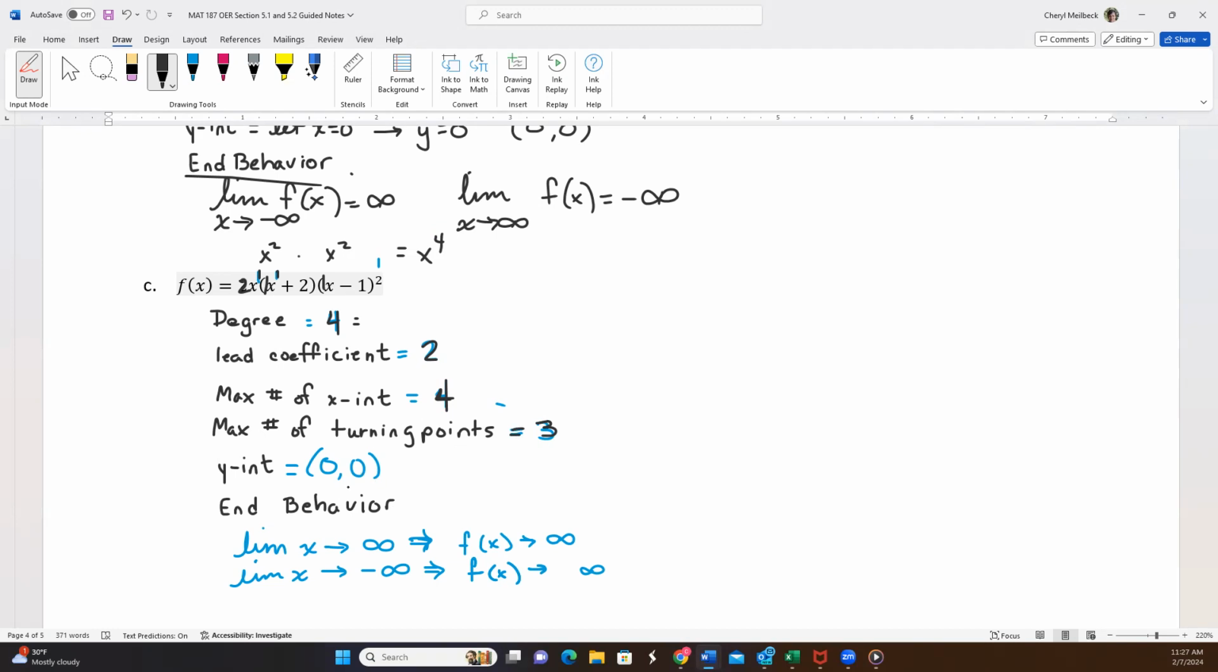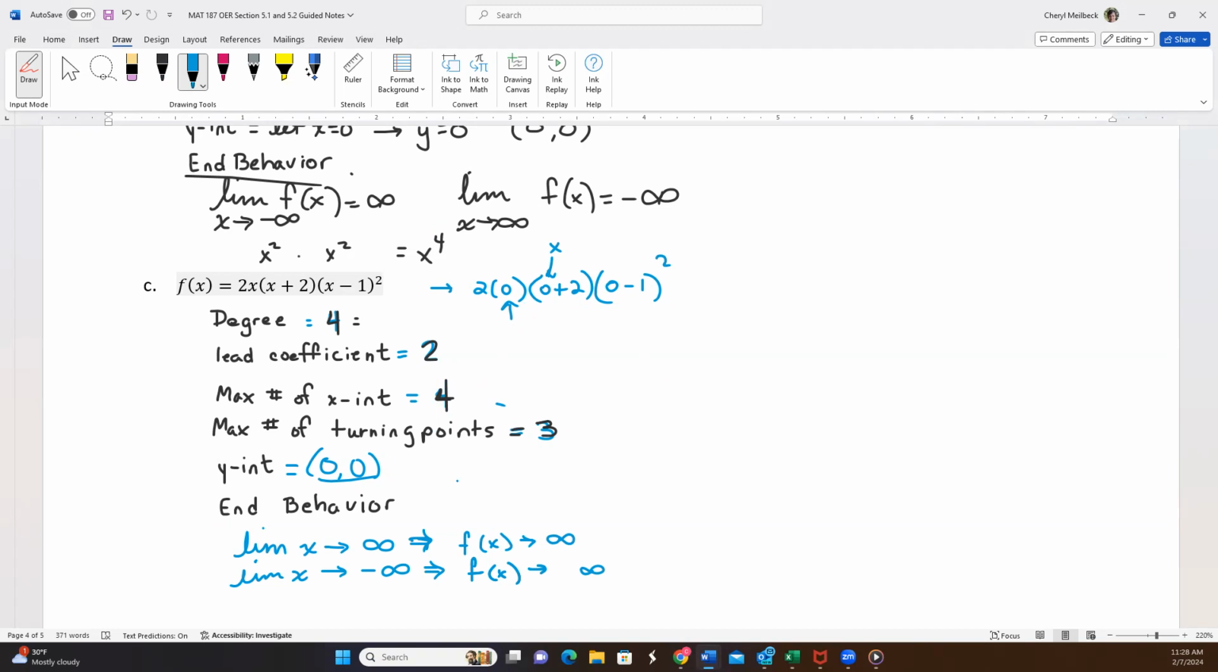The y-intercept. We recall that to find a y-intercept, we substitute 0 in for x. So if we did that here, we'd have 2 times 0 times 0 plus 2 times 0 minus 1 squared. The only thing that makes sense here is to look at this term. 0 times any of the rest of this stuff is going to be 0. So when x is 0, our y value, the product here, will also be 0, making our y-intercept 0, 0,